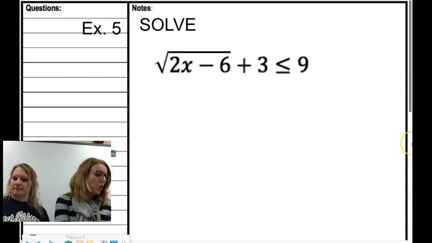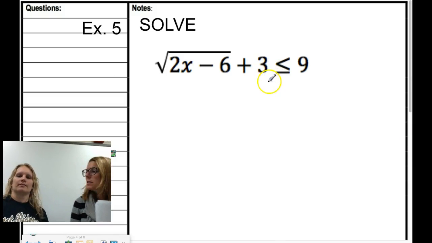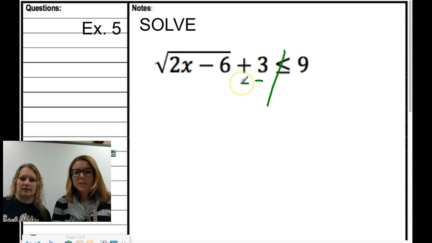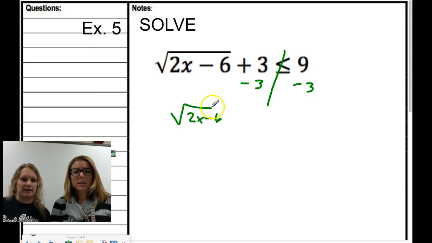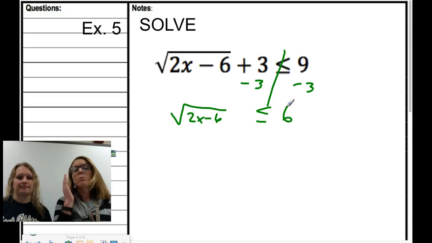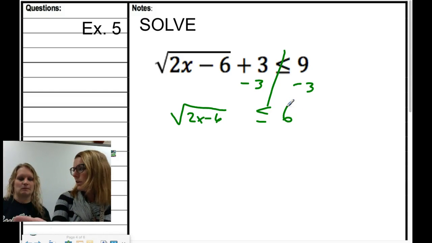Here we go. Let's try it. Again, you always start by isolating. You want your inequality isolated. Minus 3. So we have the square root of 2x minus 6, and I have to make sure that 6 is under there. I'm going to warn Miss Boyd of something right now. Because there is an inequality,